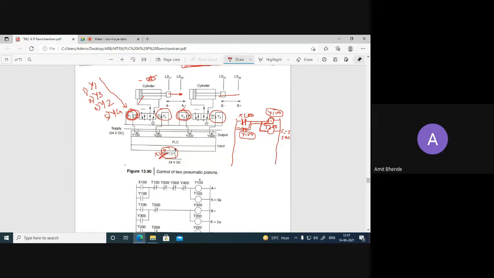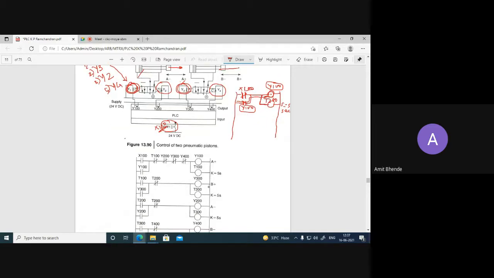Here we are using an on-timer set. Okay, so this T100 timer will also get started for 5 seconds. So by the time this timer finishes its timing, the extension motion of A is completed, and then next we require the extension of cylinder B. Okay.